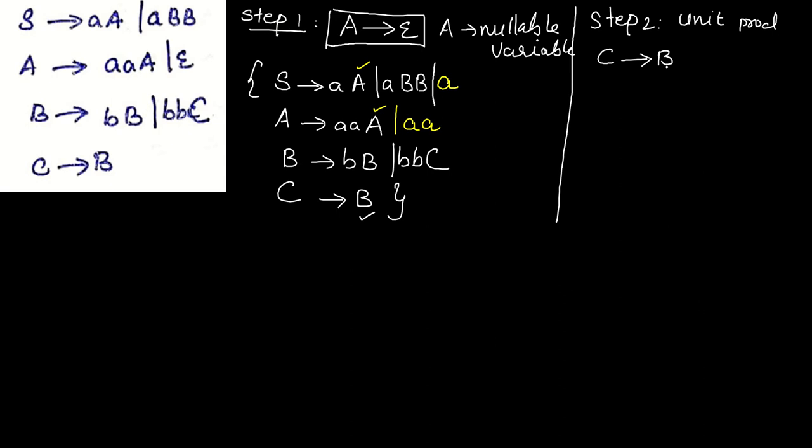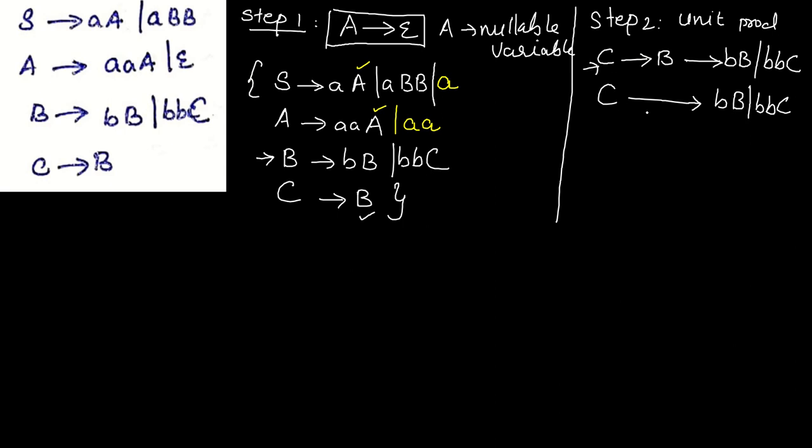So C gives B, and instead of this B, you have to substitute something. For that you have to see the rule of B. What is the production rule of B? B gives BB or BBC. So B can be replaced with BB or BBC. That means instead of writing C gives B, I can write C gives BB or BBC. So this production should be